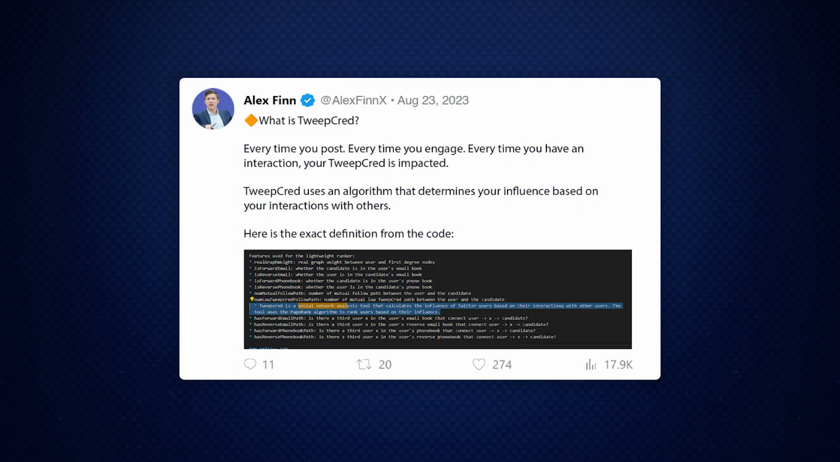Getting shadow banned on X is extremely frustrating, especially if you don't know what you did. This video will explain everything that causes them, so you will never get shadow banned again. 90% of shadow bans are caused by something called TweetCred, which is a social credit score built into the app